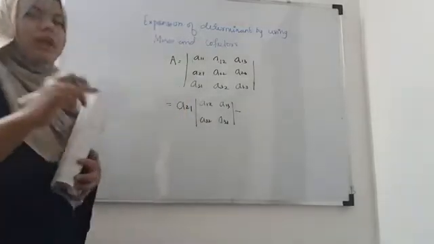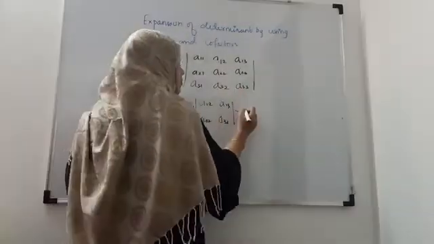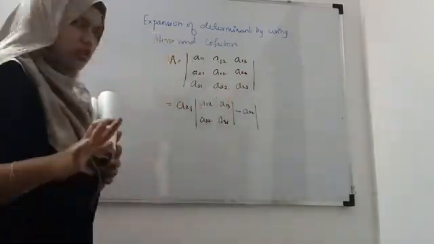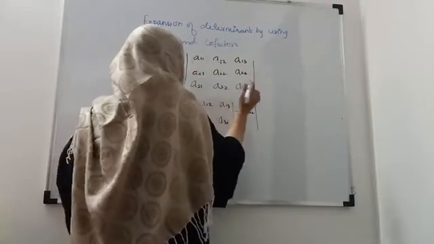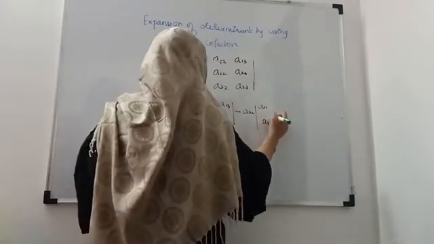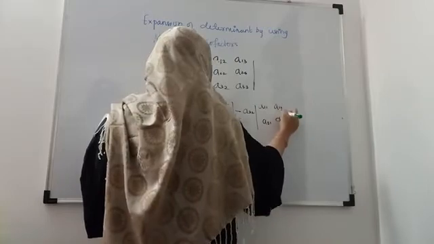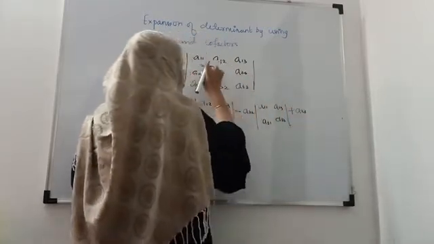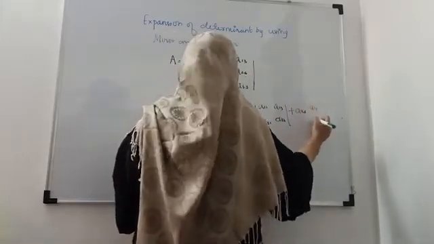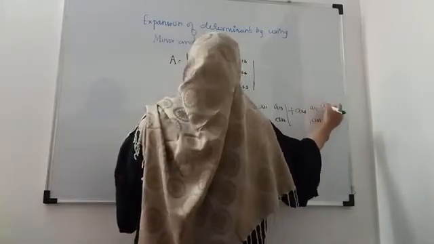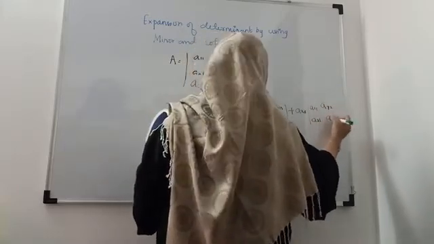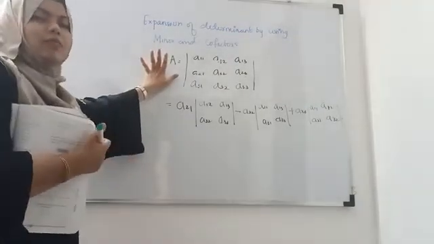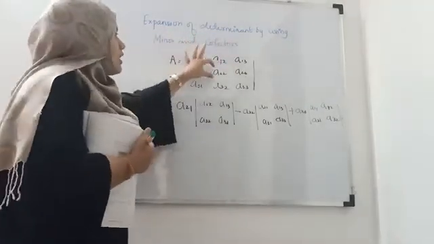Give the minus sign: plus, minus, plus. Okay, minus this term. For this term, the corresponding column and corresponding row will go away. Then you will be left with this: A11, A31, A13, A33, plus this term A23. The corresponding column and row will go: A11, A31, A12 and A32. So this is also a determinant. It will give you the same answer, but instead of the first row, we are using the second row.